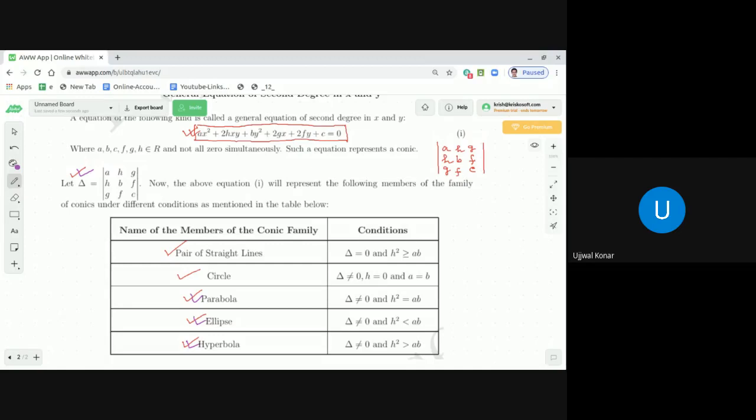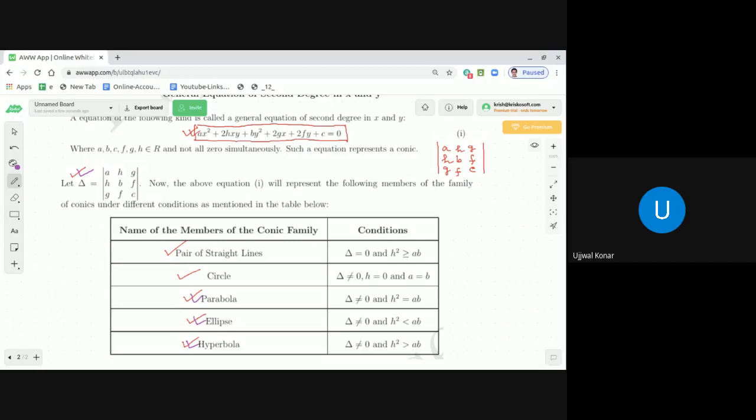Now on top of it, if h square is equal to ab, then it qualifies to be a parabola. That means that the general equation of second degree qualifies to be a parabola. Now if delta is not equal to 0 and h square less than ab, then the general equation of second degree 1 qualifies to be an ellipse. If delta is not equal to 0 and h square is greater than ab, then the general equation of second degree 1, actually equation number 1, qualifies to be a hyperbola. So this is the way we can see how a general equation of second degree qualifies to be a